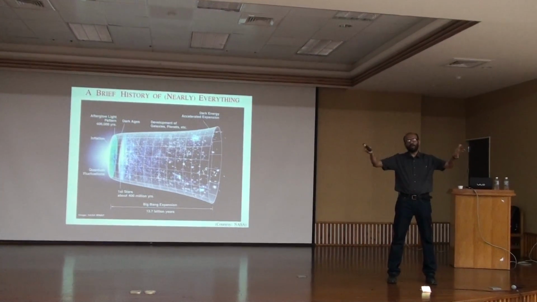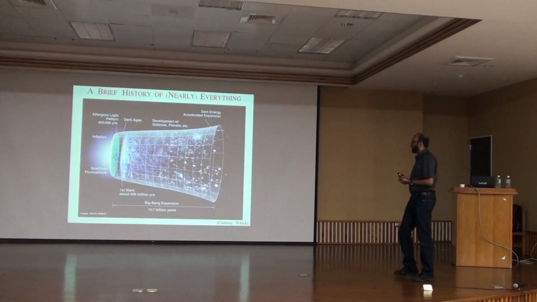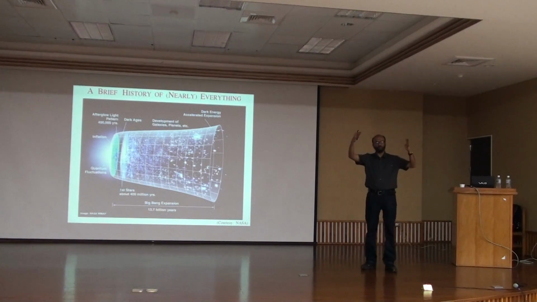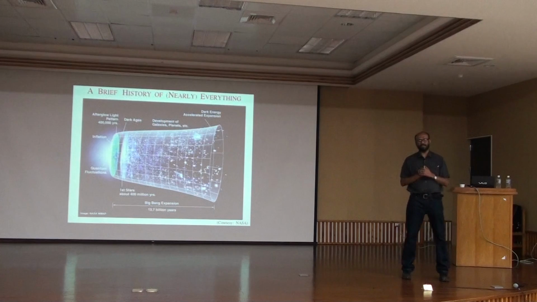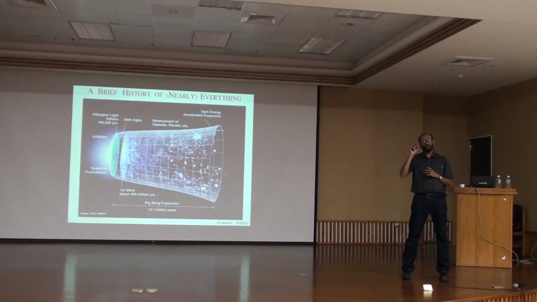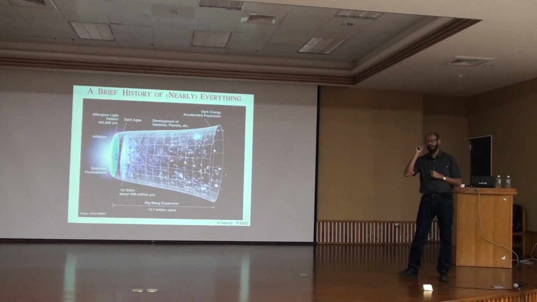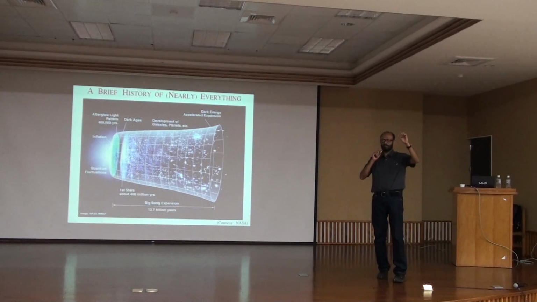And there were no atoms because the temperature was too hot to have atoms. And the universe expands. As the universe expands, it cools. About 1 second after the Big Bang, the universe gets cold enough. Suddenly, and this is a prediction of Big Bang cosmology, you have protons and electrons and neutrons.